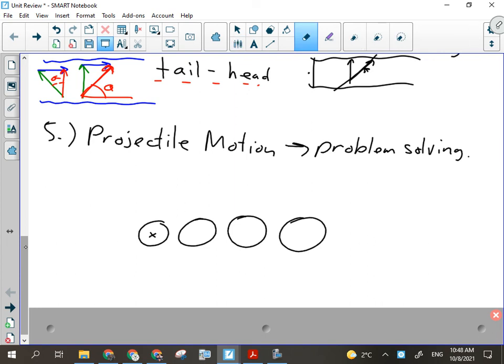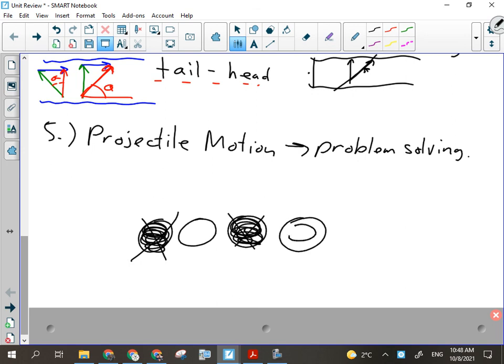Please, for the love of Pete, do not do this, because this is what I see people do all the time, and it's just sheer laziness. It's like, all right, it's totally A. Oh, nope. No, it's not A. It's C. Oh, no, wait. It's